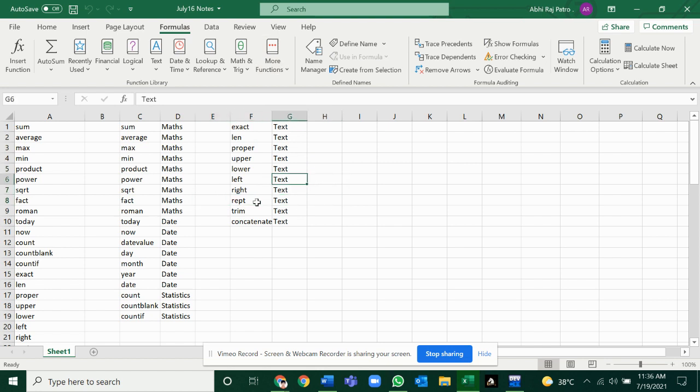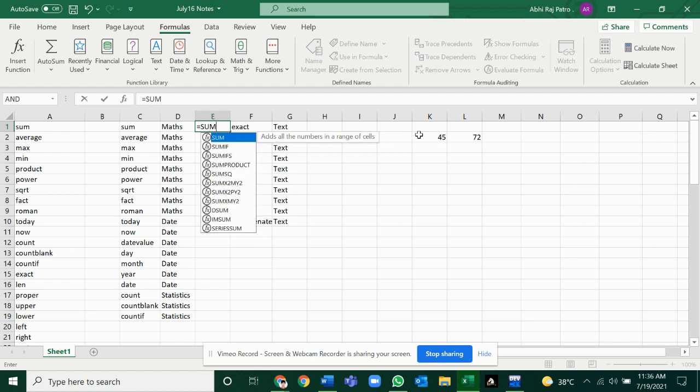So how do we use all of this? Well, let me show you. Sum, as you all might have known, is to calculate the sum of two numbers, such as, suppose I give a number like 45, and I give another number, 72. So here we do equals to, because every formula, remember, starts with an equals sign. Then we type SUM,